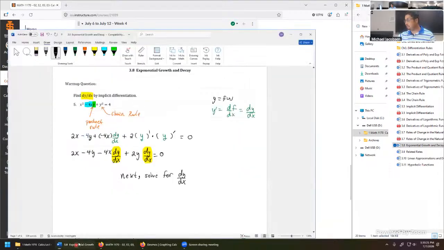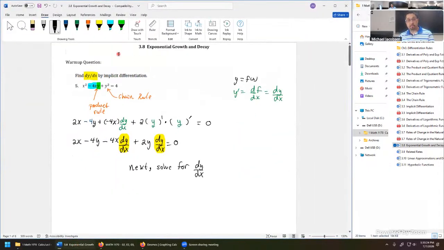So there's a question also that you might want to take a look into, a warm-up question for the day on implicit differentiation. Getting through finding dy/dx on a problem like this one boils down to thinking of y as a function of x, and then look for whenever a product rule, quotient rule, chain rule, anything like that comes up. And that's going to be the key to get through these here. And again, we're going to practice these quite a lot more in section 3.9, really the very first problem.